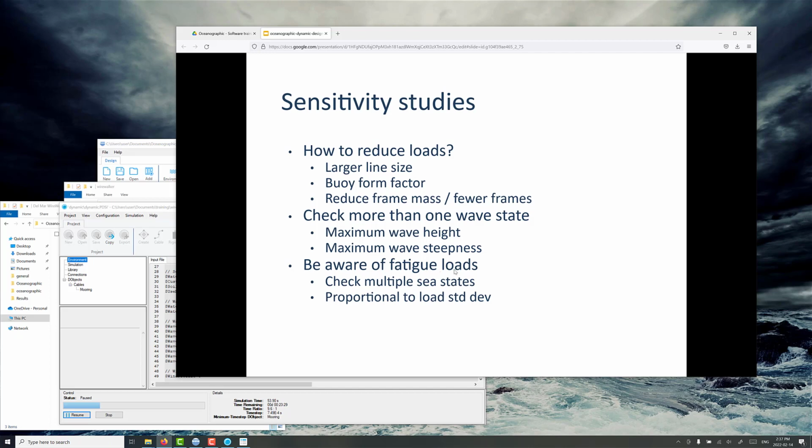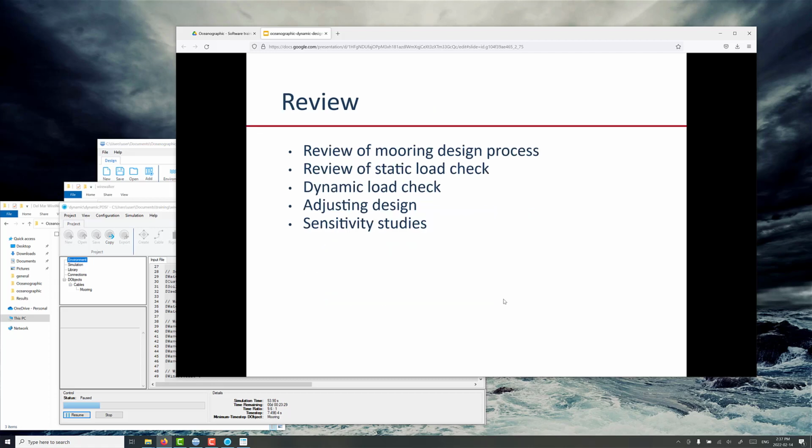Be aware of fatigue loads as well. You really need to check multiple sea states and understand how fatigue life changes with the variation in the load standard deviation. So in review,